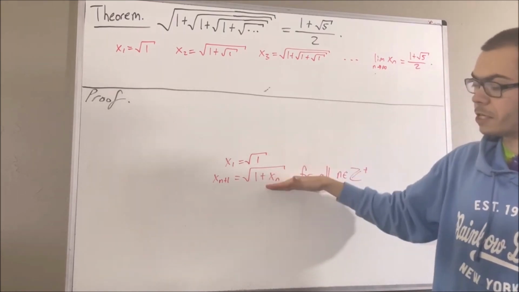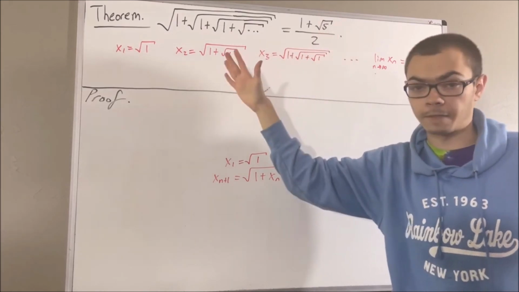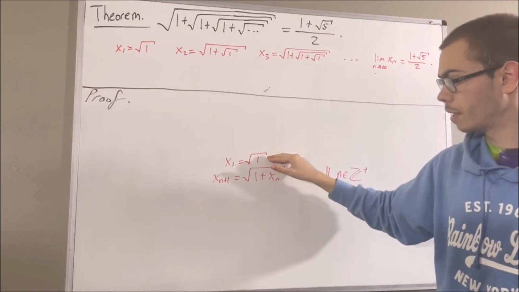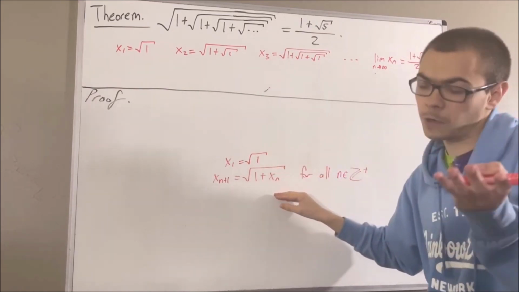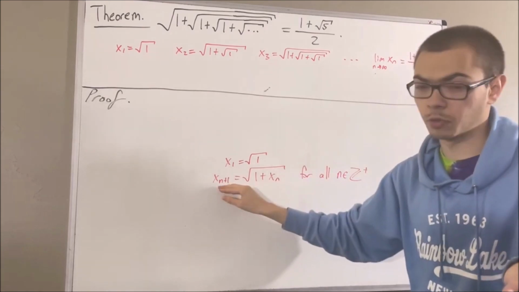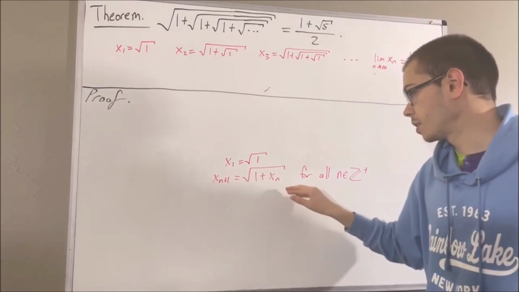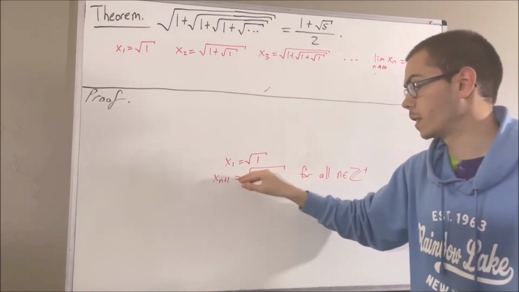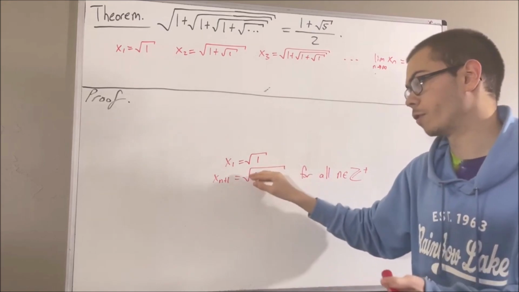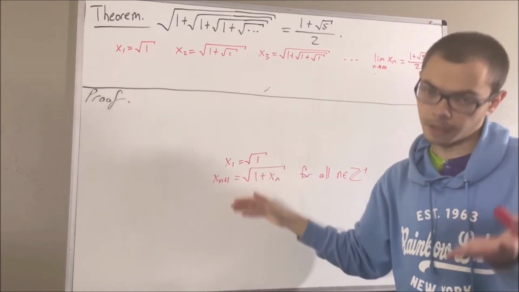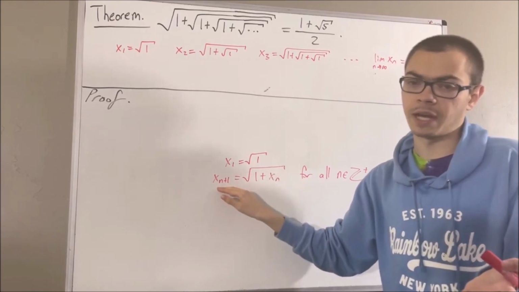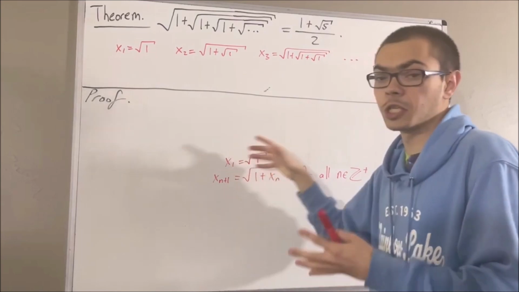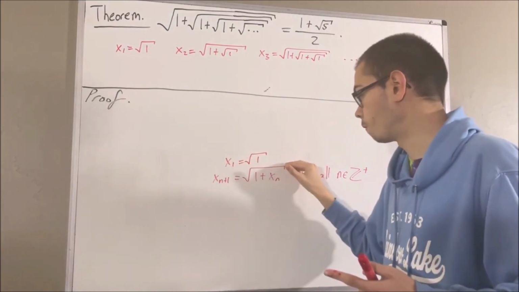Now, this definition for our sequence is well defined because notice the first term of our sequence is positive, and if we're given any term of our sequence which is positive, then the next term of the sequence will be positive as well. Because, well, if we say xn is positive, well then 1 plus xn will also be positive, so we can take the square root of it. And the square root of a positive number is positive. Therefore, the next term of the sequence is positive. Right? This shows that our sequence, or this definition, is well defined because we'll always be able to perform this square root operation.